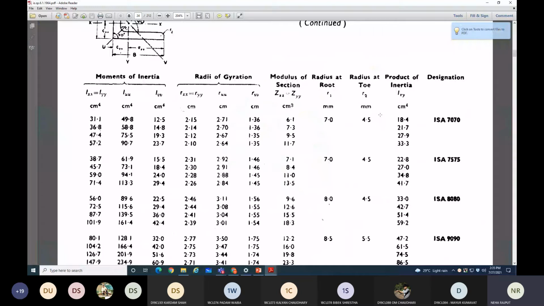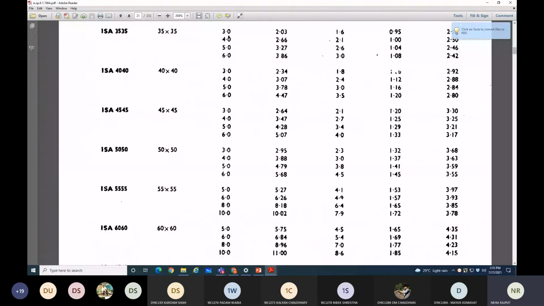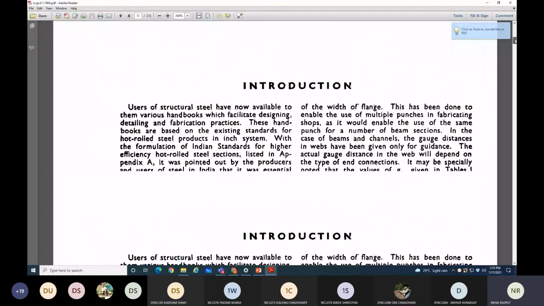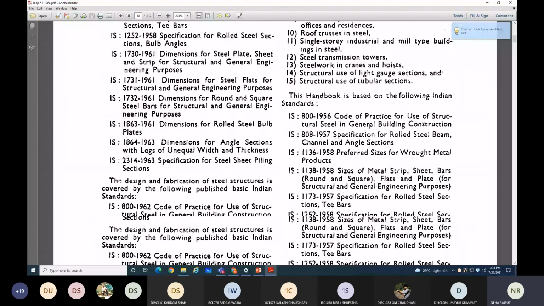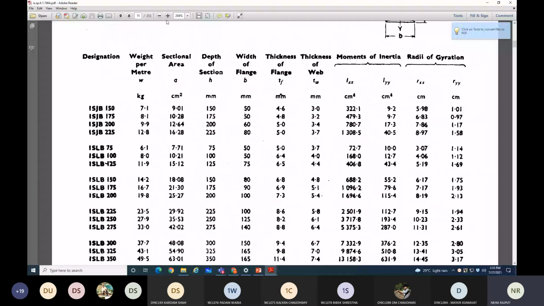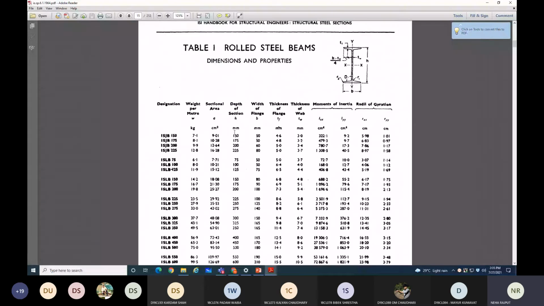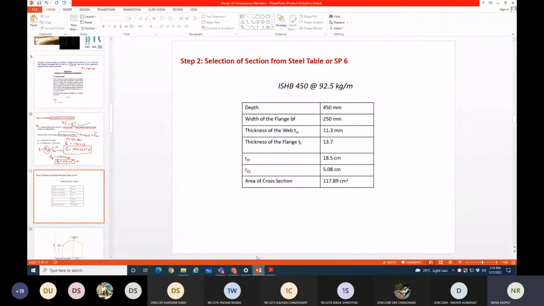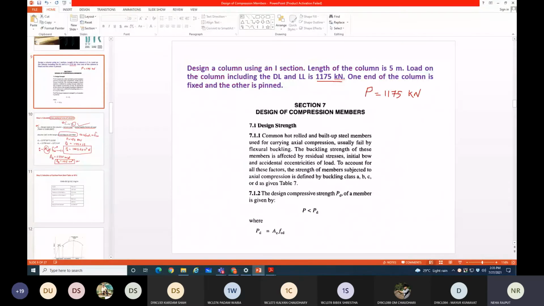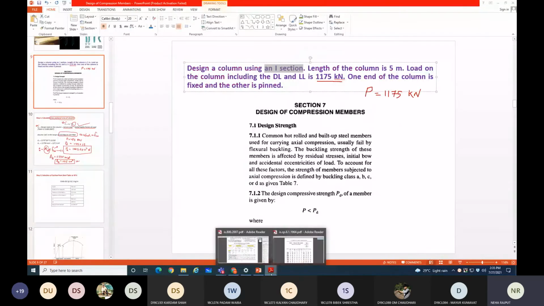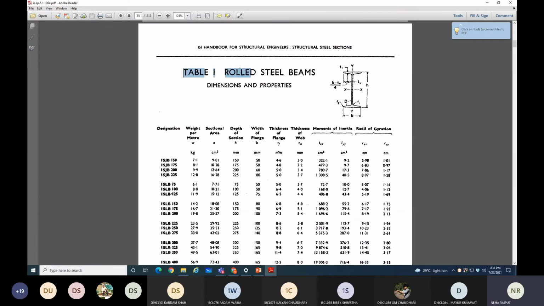Now I have shown you this SP6 in my lecture, how you can get the value of any of the cross sections that you are using for your design, right? So here it is clearly mentioned in our data that use I section. That's why I have opened my table number 1 for the I section, right?